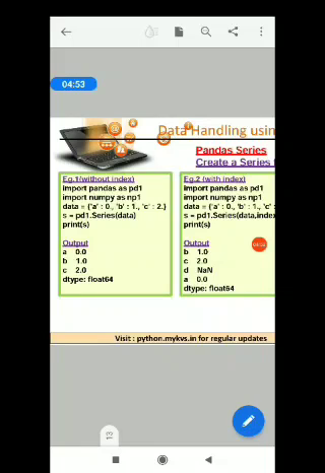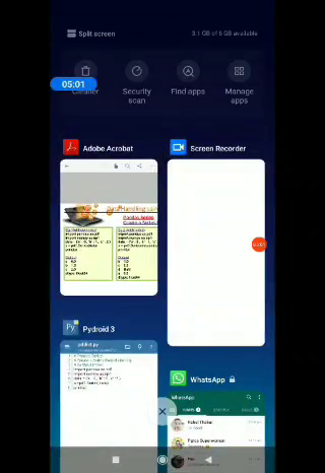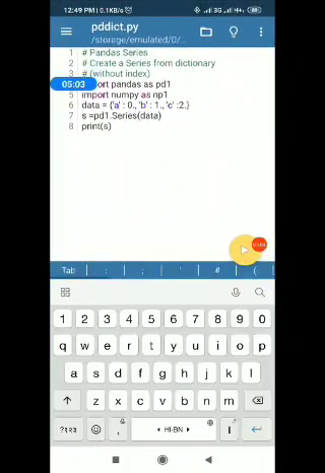Of course I want to run both programs in my editor, so I am going to open the editor. Actually it is already open, and I have already written one program here. This is the program I have written in the Pydroid editor.